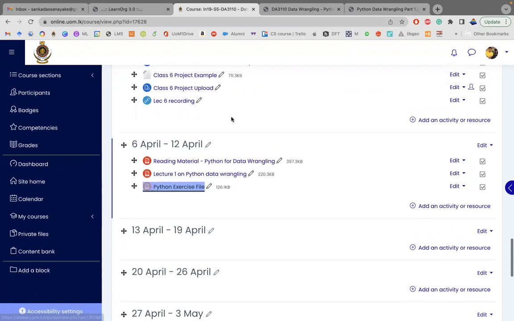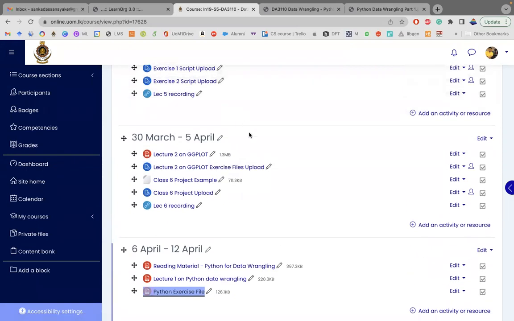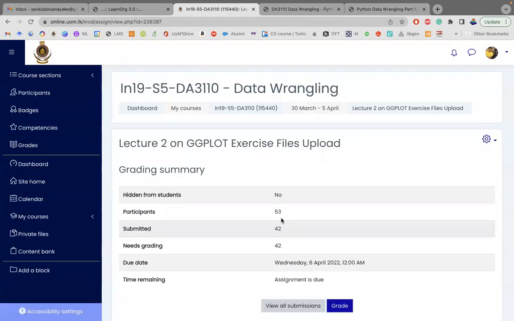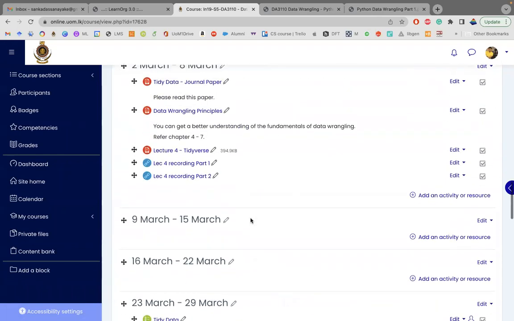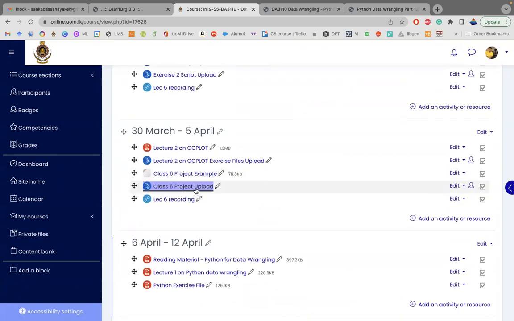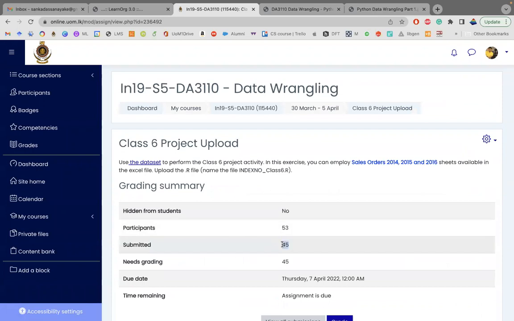I want to highlight some of the things that I want to convey to your batch. First thing is, when you go here, you can see there are 53 participants. Only 42 have submitted their ggplot exercise files. And if you go to the project upload, only 45 of you have uploaded, and I've got 2 emails mentioning difficulties. I will open the upload link here. So please tell your colleagues and your batchmates